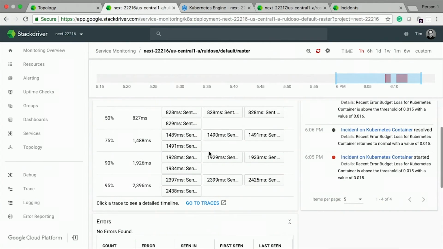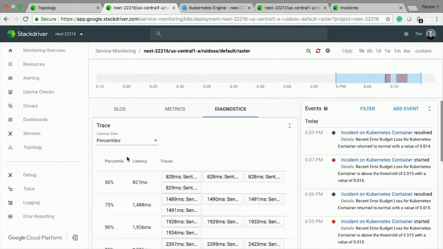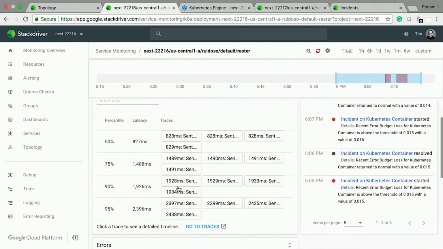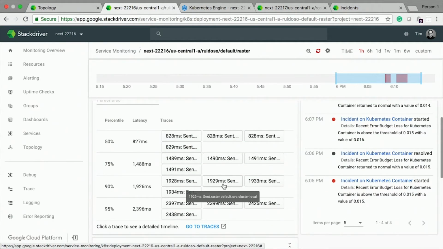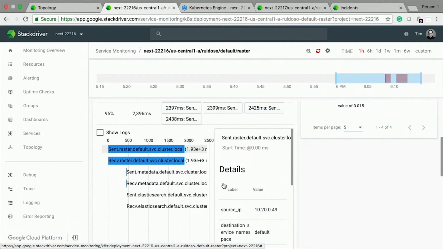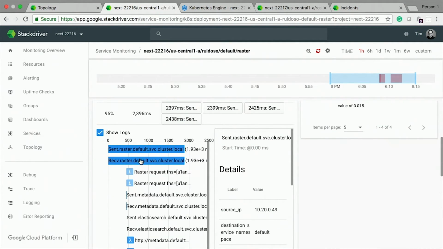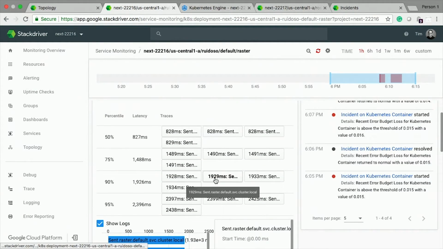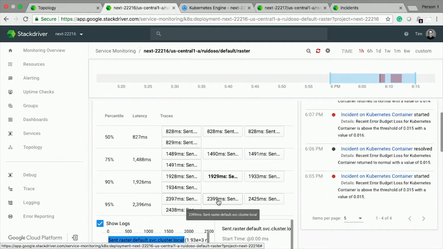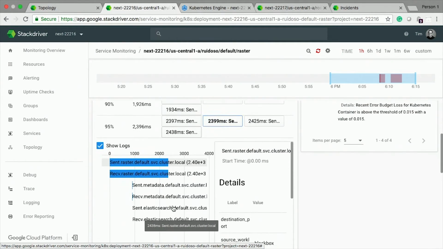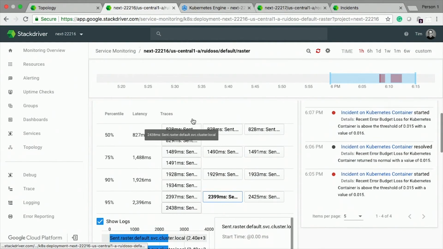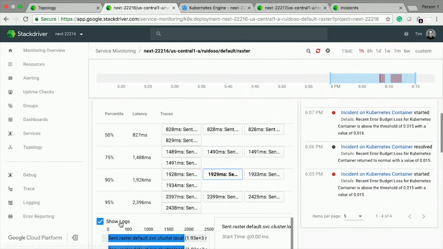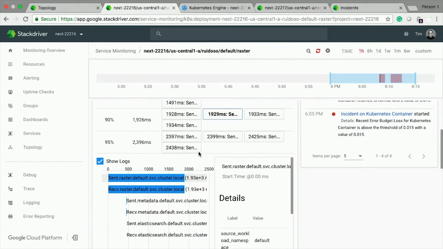So these are some of the requests and the percentile and the latency, and I can see a sampling of what some of those calls to raster were. I can start going in and seeing, here's this raster service, and I'm seeing these slower times. These were in the 90th and 95th percentile, and I can start seeing the full traces. One thing to mention,